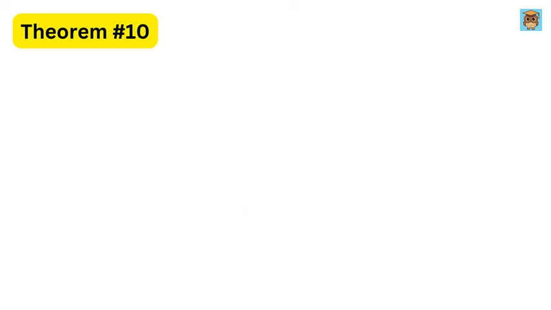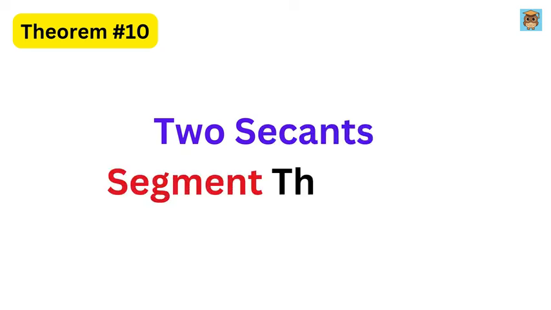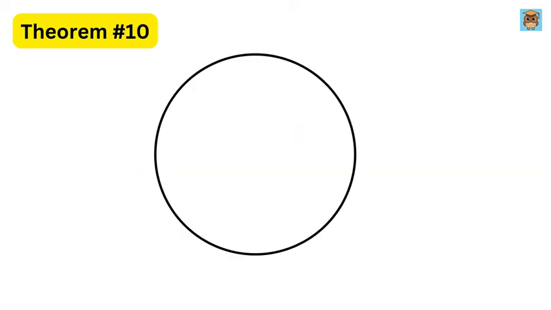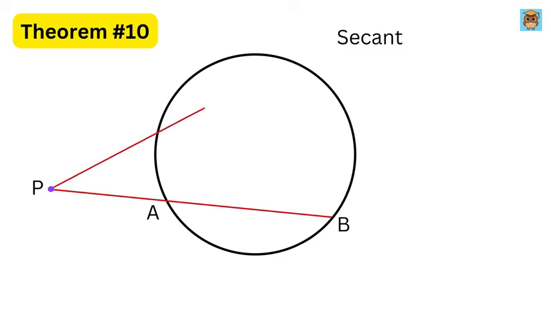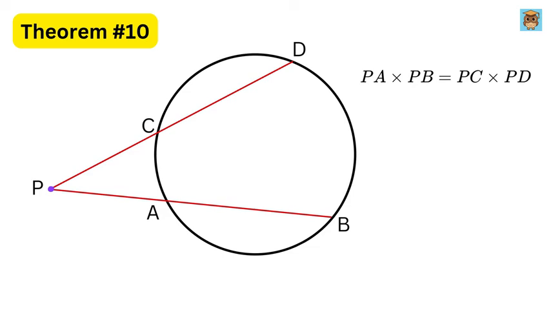Now, Theorem 10, two secant segment theorem. Suppose we have a circle and an external point P outside the circle. From P, we draw a secant line that intersects the circle at two points A and B, and we draw another secant line that intersects the circle at two points C and D. Then, according to the theorem, the product of the distances PA times PB